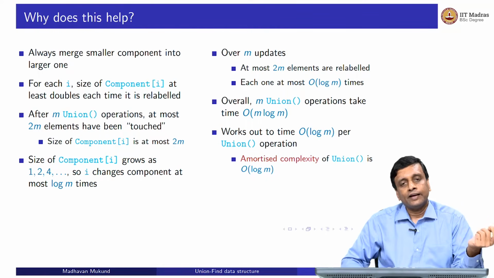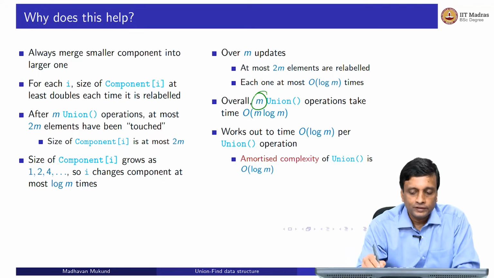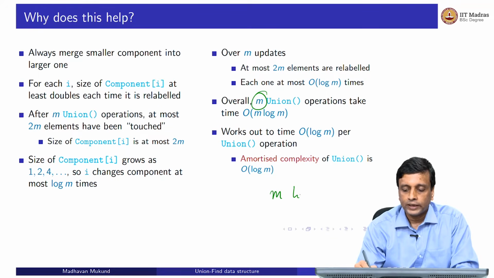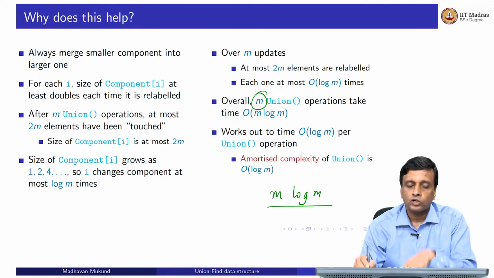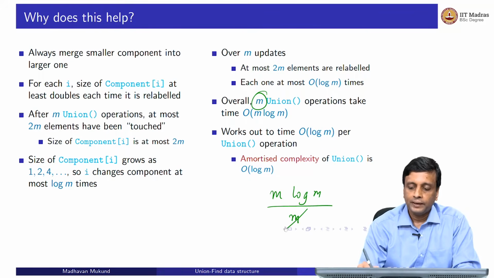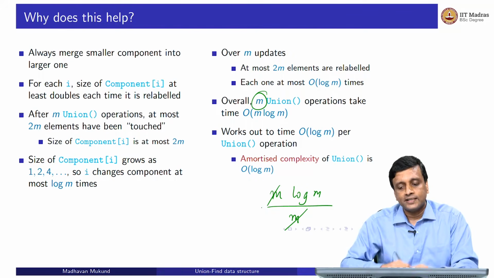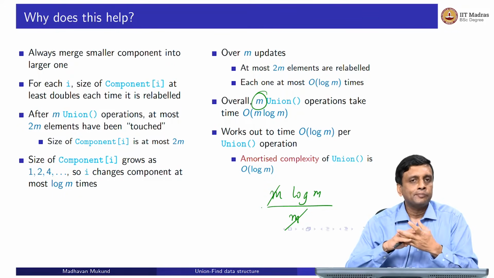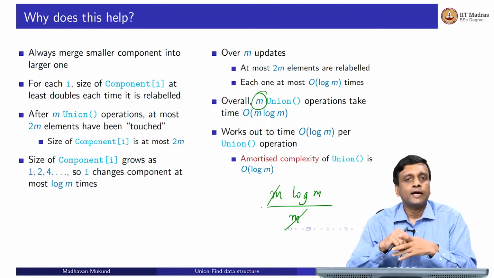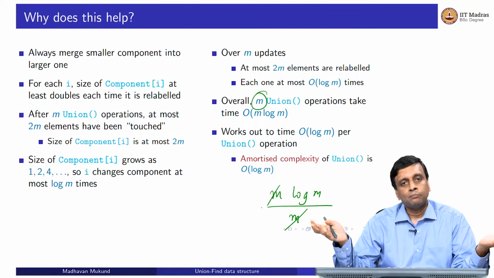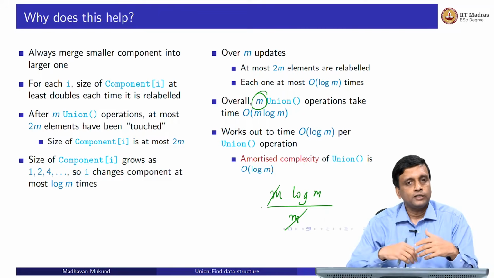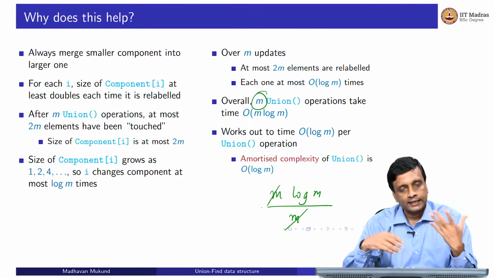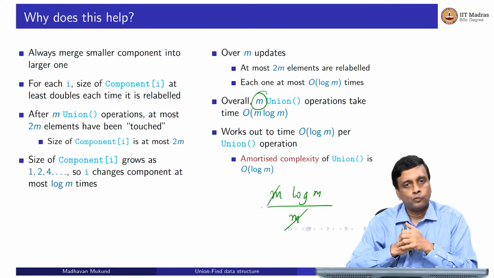So, this means that since I am assuming that there are m of them, I can take m times log m and divide by m to get the cost of one of them. On an average, each of them is only taking logarithmic time. It is not that any one of them is actually taking logarithmic time for sure, because sometimes I have to merge a large component, but many of the times I will be merging very small components. And if I add it up, this is again this notion that we saw